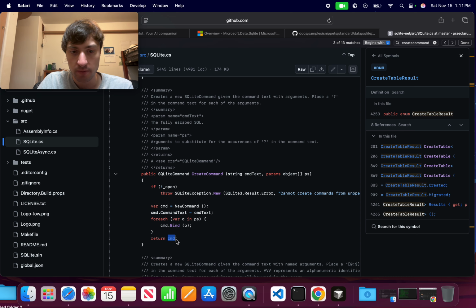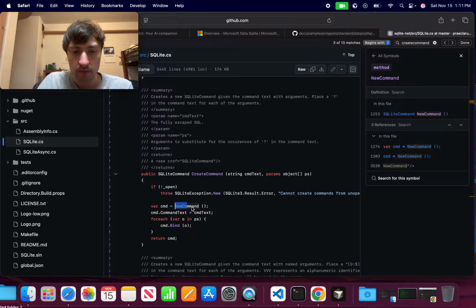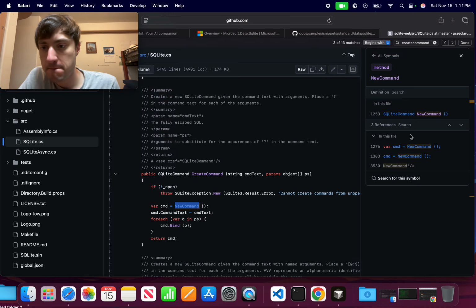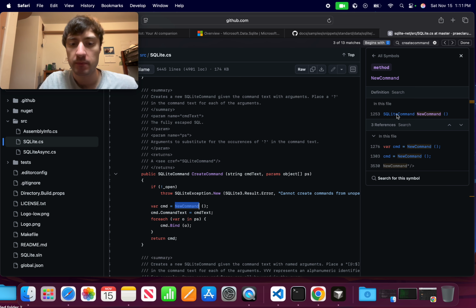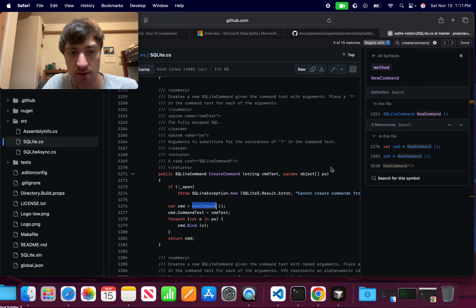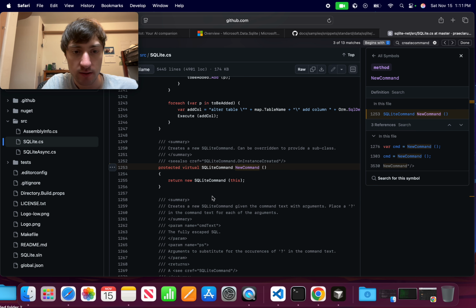Then we return command, which command is new command here. So we do have something called new command. Should I click new command? What line is this? 1270. I'm probably not going to remember that, but